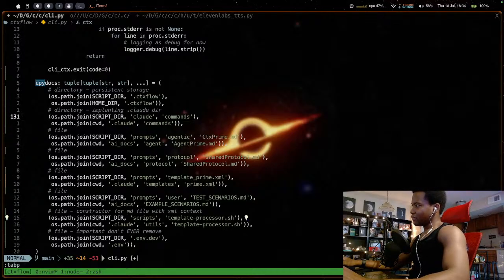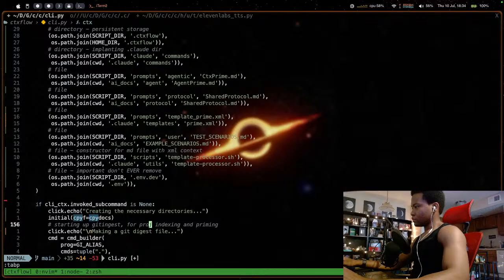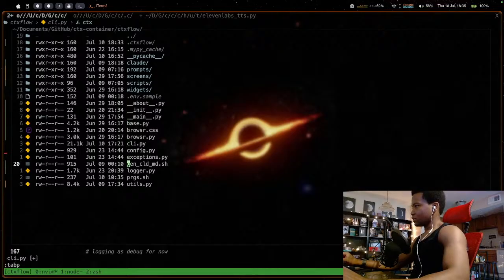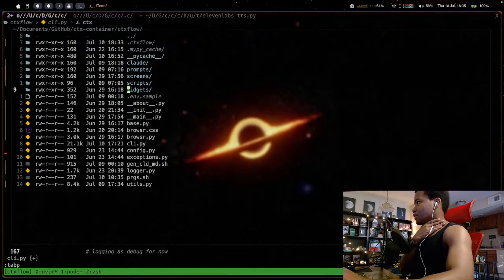Yeah, I think it moves everything in there. Scripter. Make sure it works like that first. I don't know where I put it at. I think I moved it to... it's in CLI. No, it's utils.